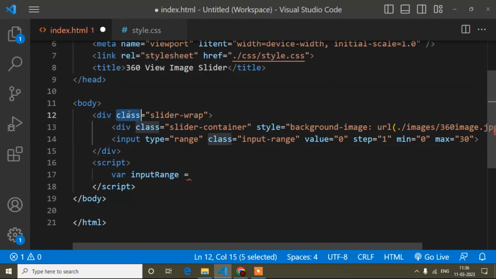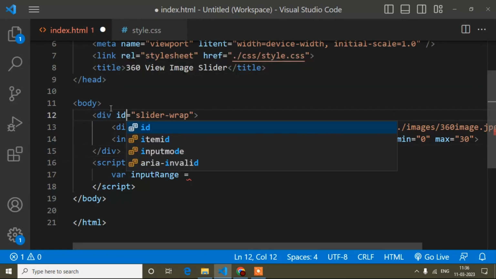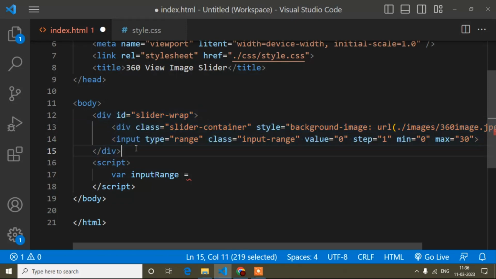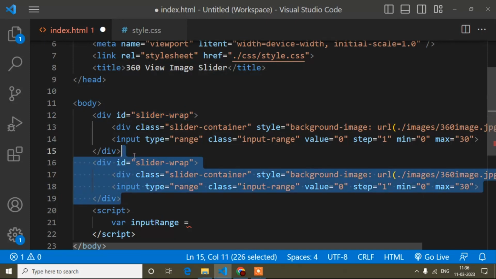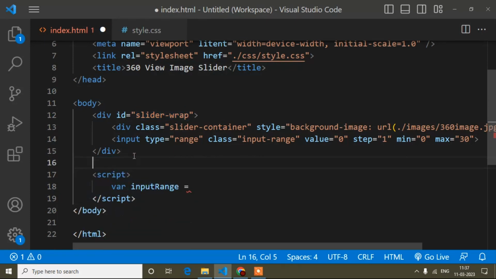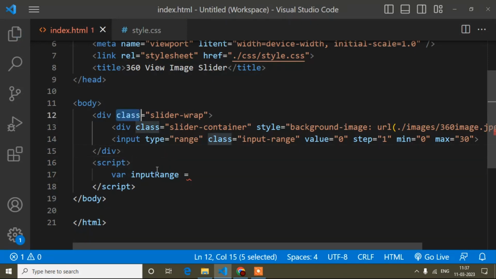If I write ID instead of class and copy and paste here, you can see ID is twice. So it is wrong actually. That's why try to write everything by class. Same thing I am doing here.